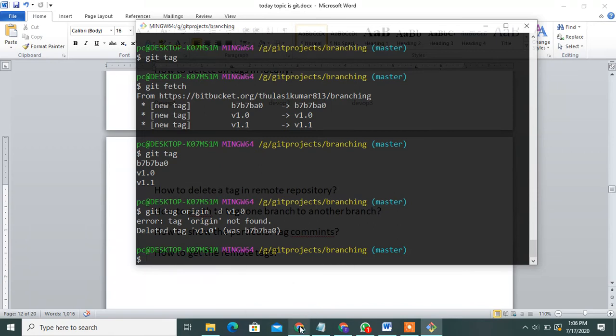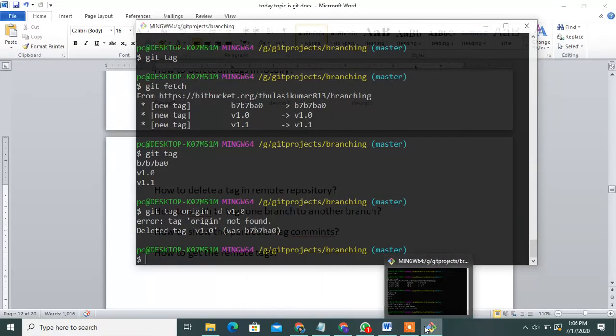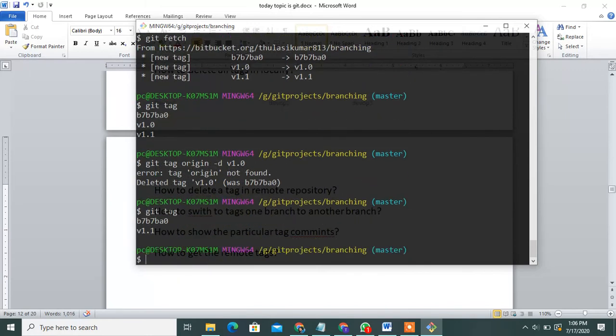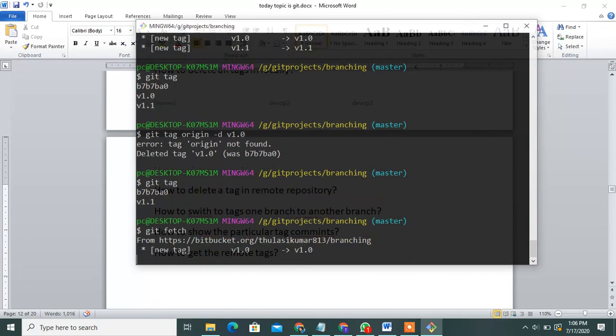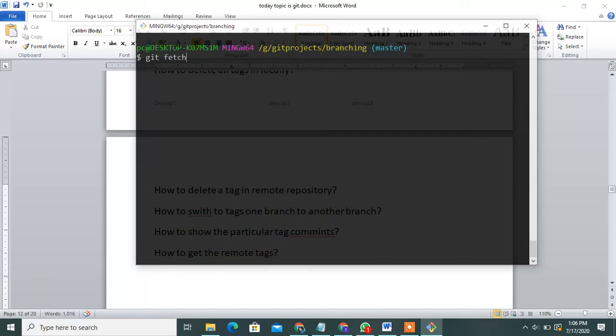Once check it. Yeah, sorry, git push origin. Yeah, check this tag. You can delete it locally. Sorry, use this command. Can retrieve it. Then once clear the screen using git